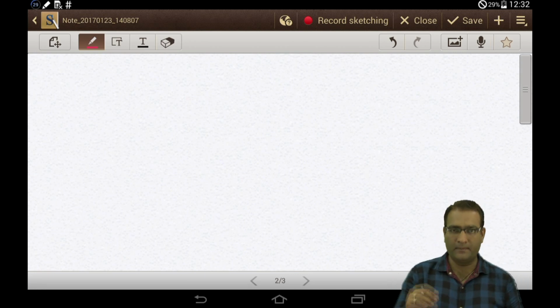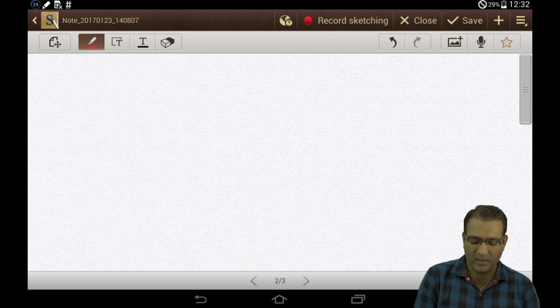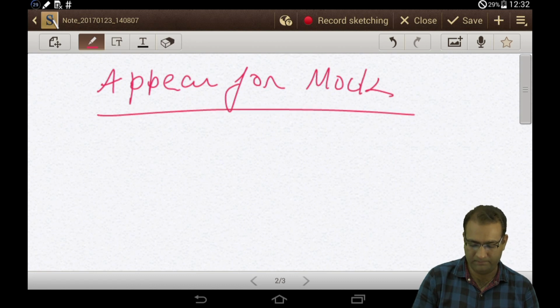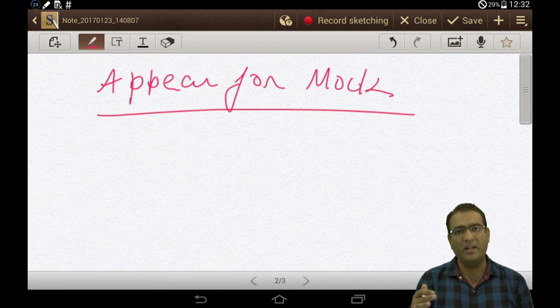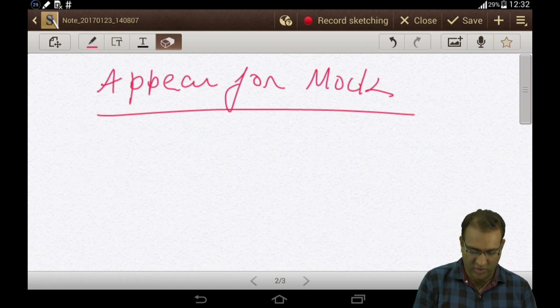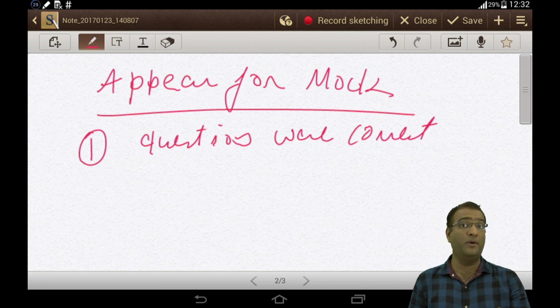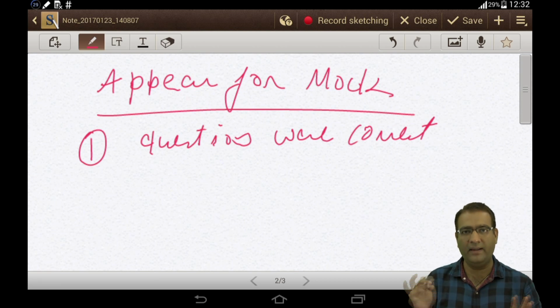Let's see. What students usually do is they appear for the mock test. Once they finish the mock test, let's say a 3 hour CAT test, the analysis is this, which a lot of students do. They check which questions were correct, and leave them. That's what usually people do. I'm not saying this is what you are supposed to do, right? They'll check which questions were correct, leave them,